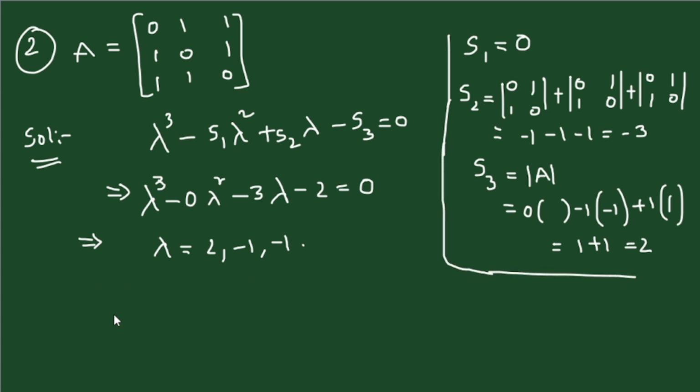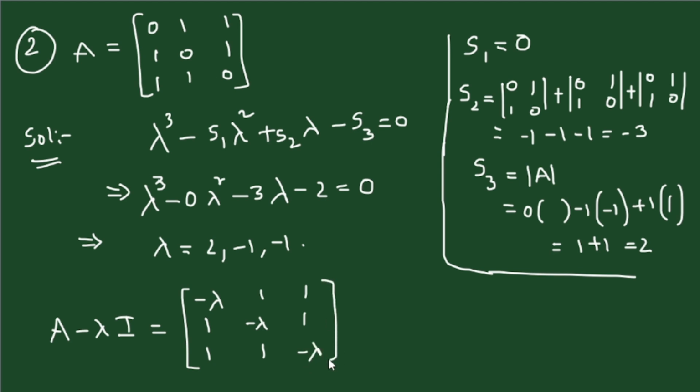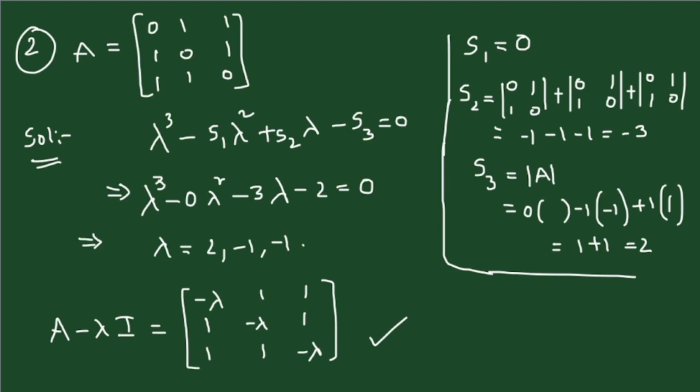Now let us find the eigenvectors of the matrix. So what is A minus lambda I here? Simply subtract lambda from the diagonal. It is minus lambda, 1, 1, 1, minus lambda, 1, 1, 1, minus lambda. So this is the A minus lambda I matrix. Now, what are the eigenvalues? The eigenvalues are 2, minus 1, minus 1. For the first eigenvalue, lambda equal to 2,